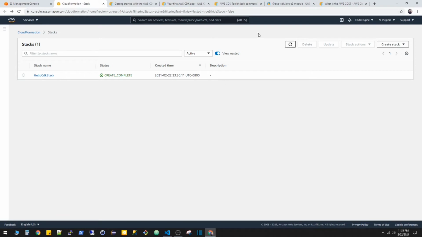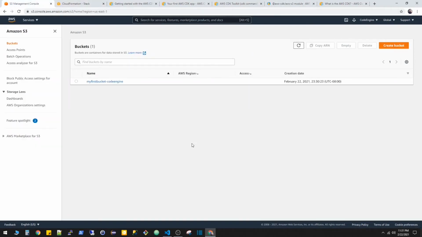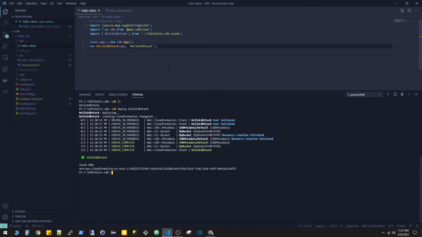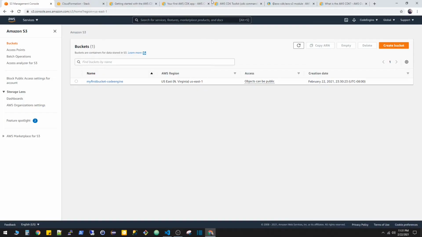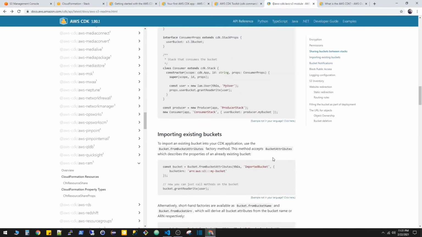I do have a CloudFormation template. It says I deployed. Now if I go to my S3 and refresh, I should have a bucket that says my first bucket code engine. Perfect. So click on it. It's an empty bucket. So I just showed you how to deploy an S3 bucket, right? Using TypeScript and the documentation for any resource that you can imagine. You can find